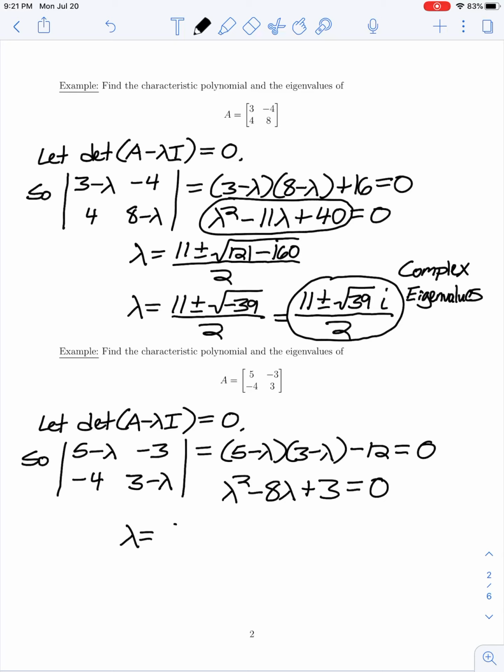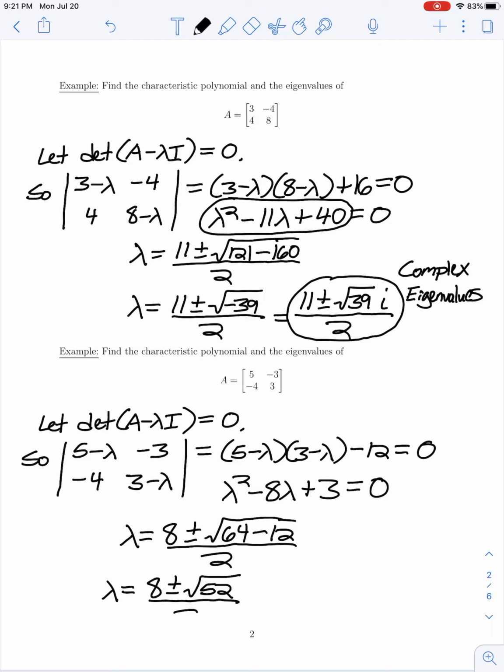And here we would have lambda is equal to 8 plus or minus the square root of negative 8 squared, which is 64, minus 4ac, in this case 12, all over 2a. So simplifying, we have lambda is 8 plus or minus the square root of 52 all over 2. But now 52 is 4 times 13, so we have 8 plus or minus the square root